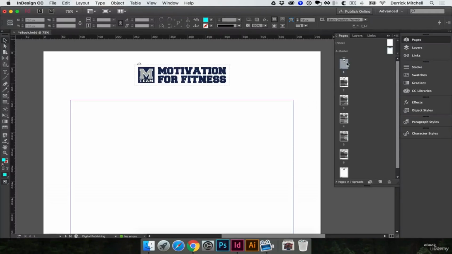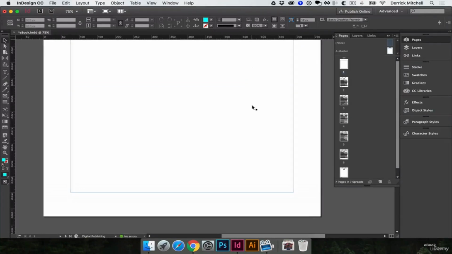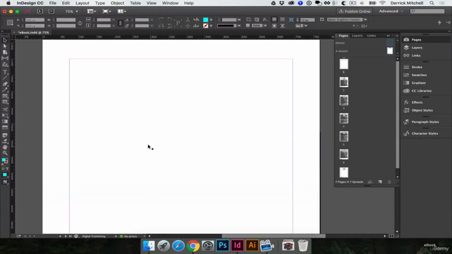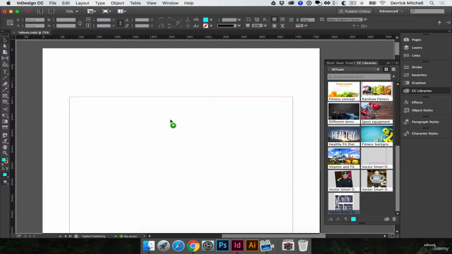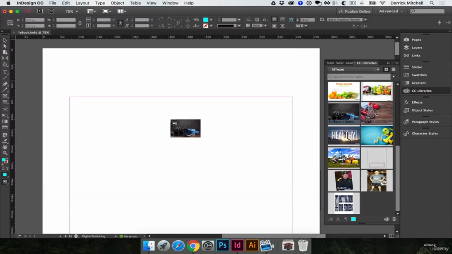Let's go ahead and remove this master page. Currently it's set to the A master page. We'll click on this none icon and drag down to that first page. So now we have no elements on this page whatsoever. I can come over to my Creative Cloud libraries, and I already have some photos that I've brought in specific to this project. So I'll just drag and drop this image right over to this cover page, and you'll notice